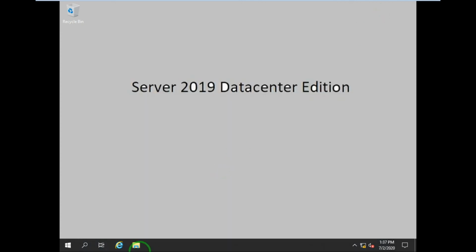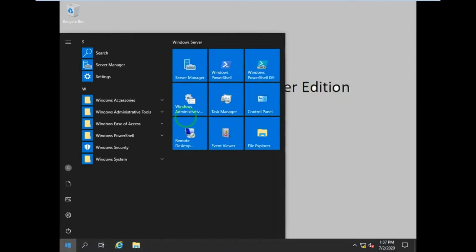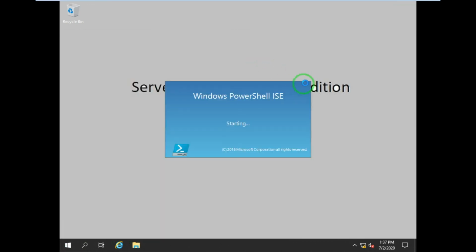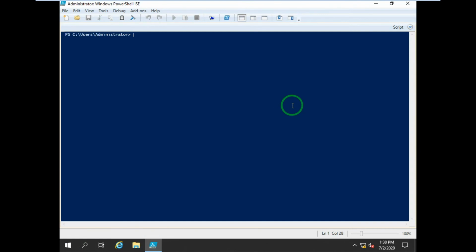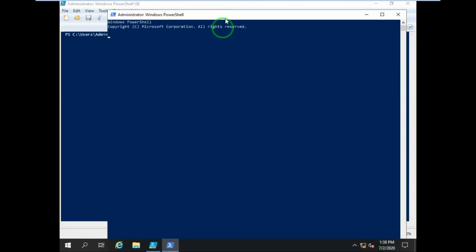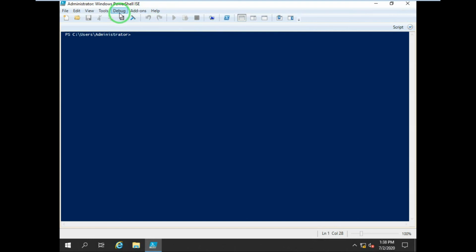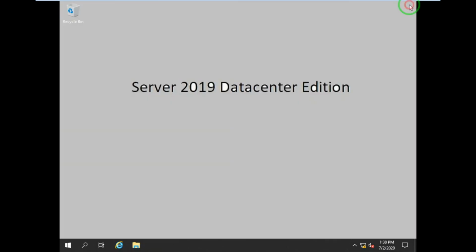We have one scripting PowerShell as well. As you can see, they show Windows PowerShell ISE. Once you click on it, this is the Windows PowerShell ISE. Over there we can run scripts as well. Like this we can open a separate Windows PowerShell window as well. So we can create scripts over there and we can run them. If you have a script, if you are a developer, you can use this PowerShell as well.